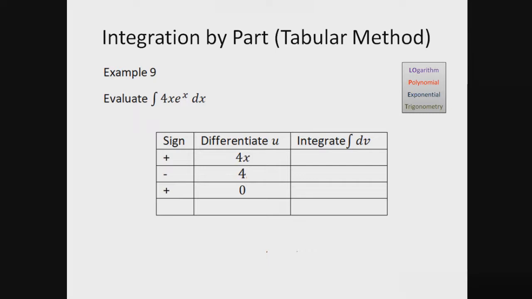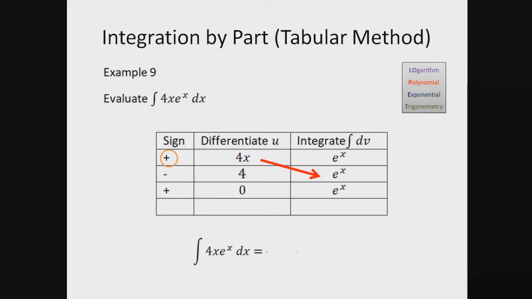Okay, now moving on to the right column, which is integrate dv. So we know that dv is the rest of the integral, which is e to the x. So we integrate e to the x, we get e to the x, and then integrate again, we also get e to the x. Then we have to stop where we stopped the differentiation process. So now we create these arrows,